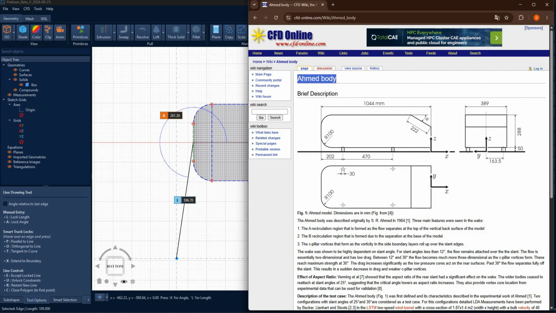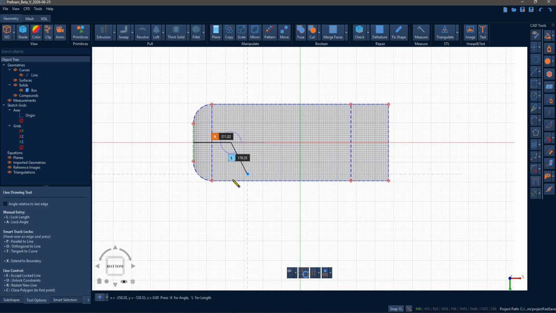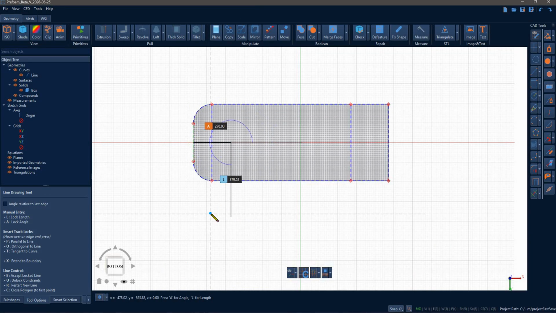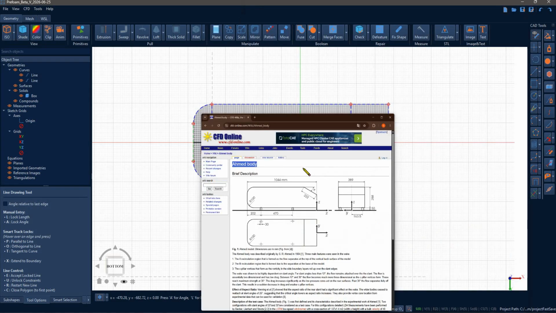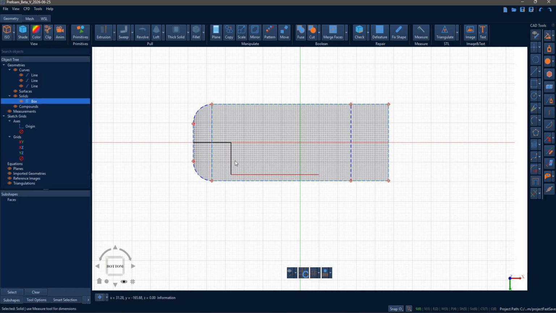I need to check 202, angle 0, like this. 202 at E, and then angle minus 90, and then the distance. So I can change the